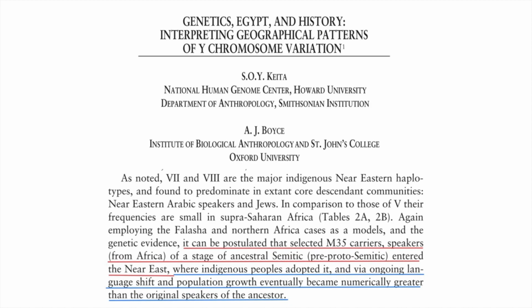Where indigenous peoples adopted it and via ongoing language shift and population growth eventually became innumerably greater than the original speakers of the ancestor. So these other peoples adopted Semitic and they had a baby boom and basically became more numerous than the original people who formed the Semitic language. This would be E. E formed Semitic, and then J adopted it, and they began to just multiply and sort of take over